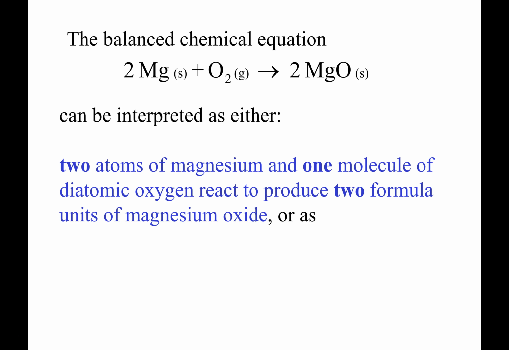Now, if I was balancing it, I would consider atoms and molecules, or actually formula units. I would say that 2 magnesium atoms react with 1 molecule of O2 to form 2 formula units of MgO. That's just kind of how I think, right? But